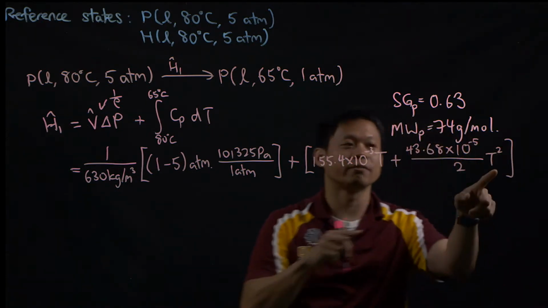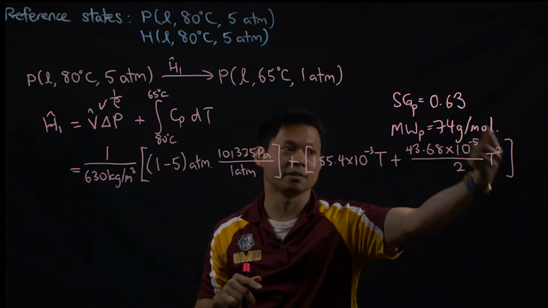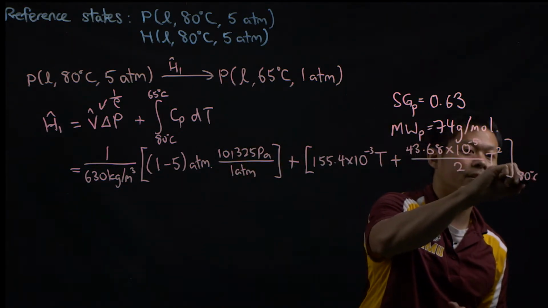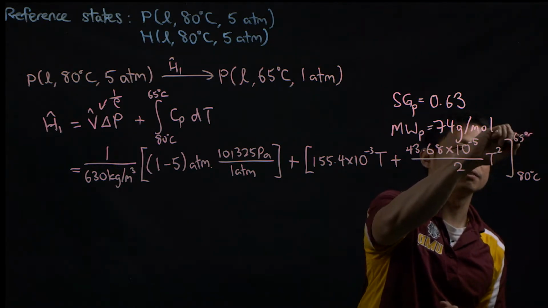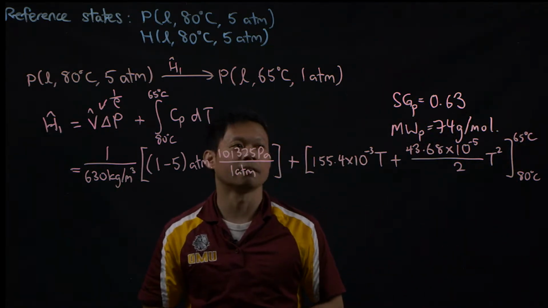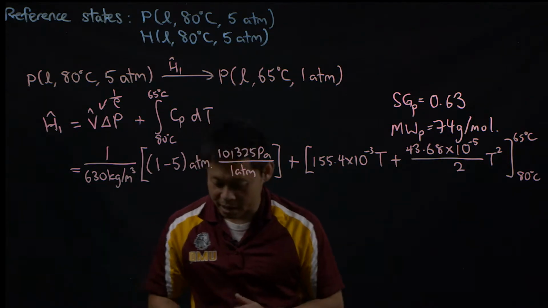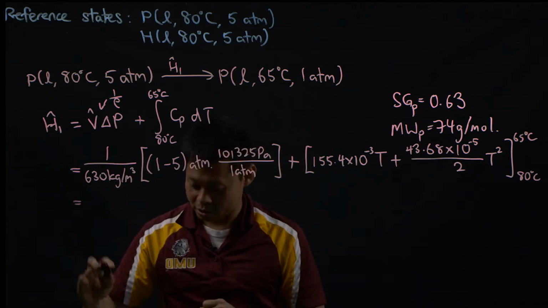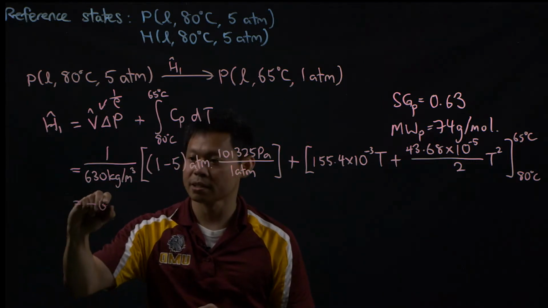And this over 2 came from the fact that we integrated a t, it becomes t squared over 2. All right, and then we are going to evaluate this from 80 degrees C to 65 degrees C. So we're going to do this math down here. If we evaluate this term, you're going to end up with minus